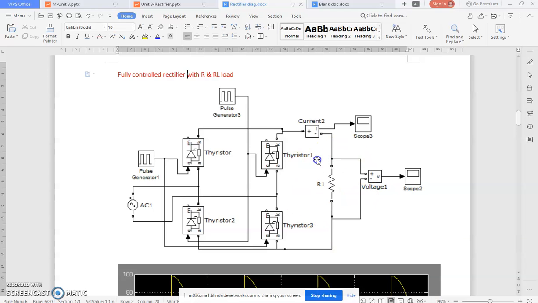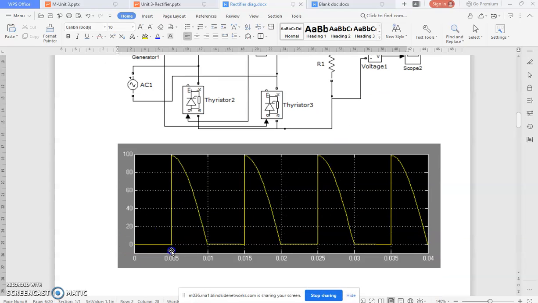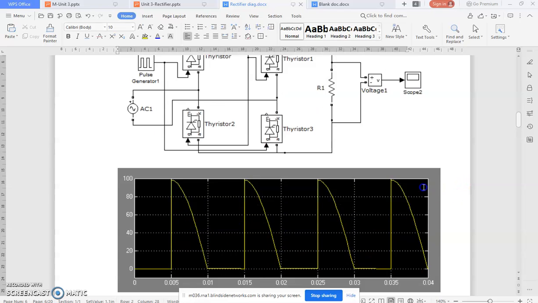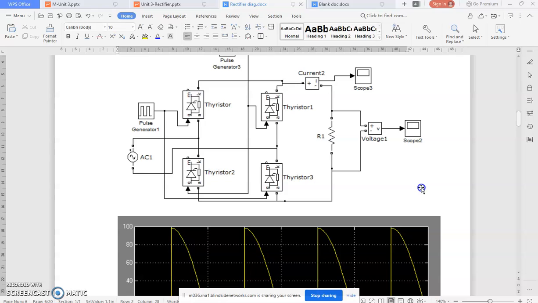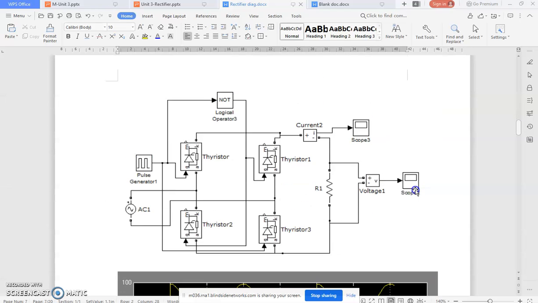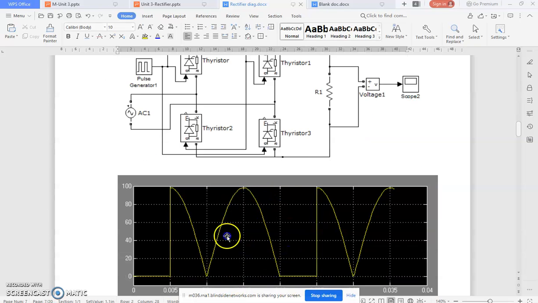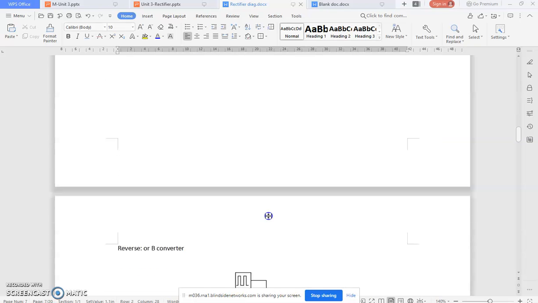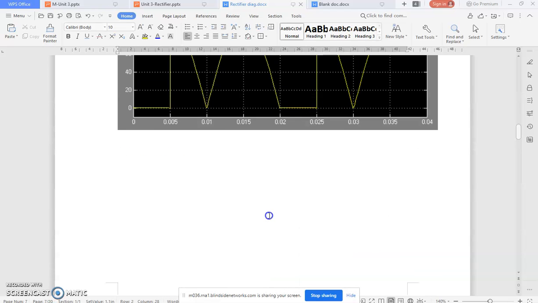The load is the R load. If I have used R load and the firing angle is 90 degrees, after that it conducts. So waveform-wise, R load and RL load, RL load with freewheeling diode, are all the same. Okay, if I have used the NOT gate, the second half cycle has no firing angle due to the NOT gate. So this is what we have discussed so far about half controlled and fully controlled converters.